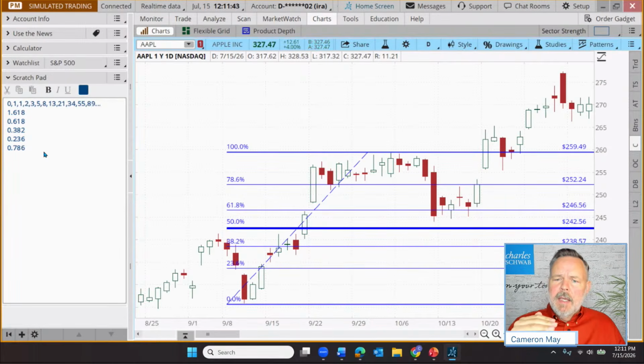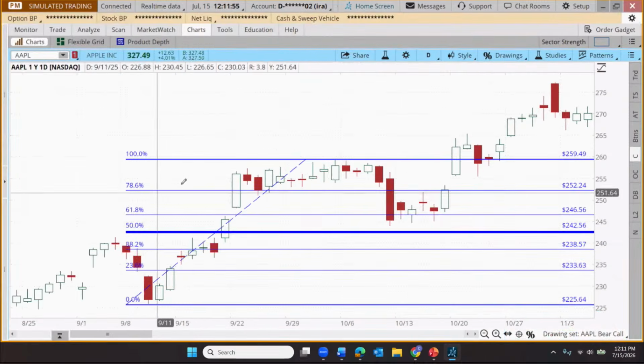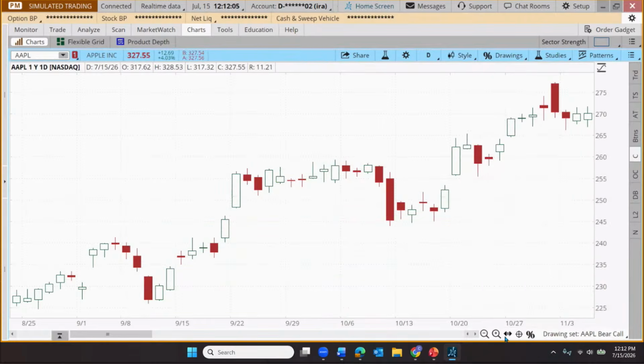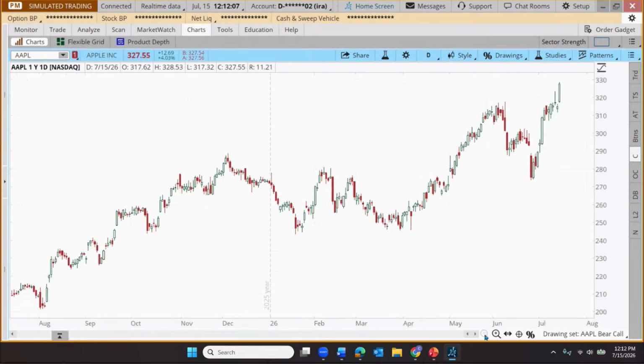They have noted that there can be interesting commonalities in apparent proportions of moves on a stock chart. So they've created a series of tools to gauge those moves. So the first one here is our Fibonacci extensions tool. Let me show this again. Let's just start from scratch. I want to right click on the drawing that I've already made and just remove that, because drawing it correctly is important. So I'm going to zoom back out here on our chart.